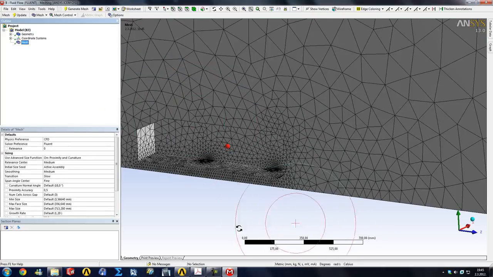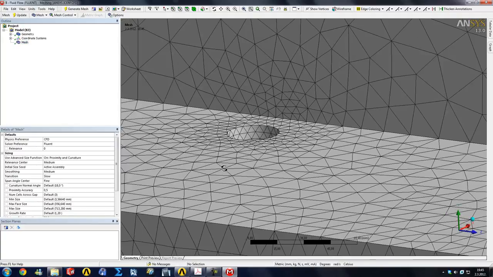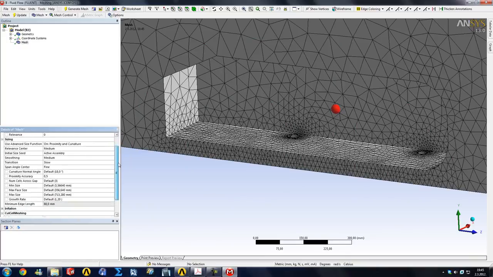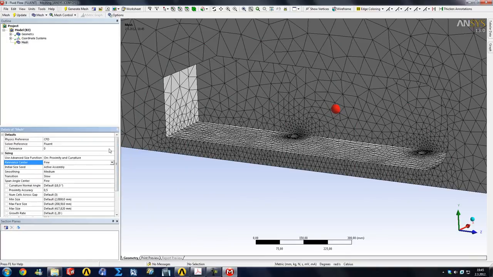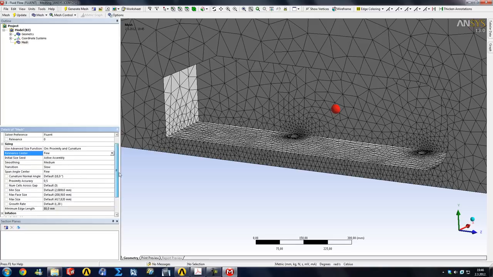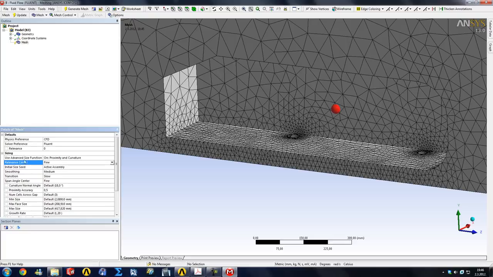And you can see already our mesh is looking a bit more decent, but this is still way too coarse. So another option is to go under fine. Now this is going to lower the minimum size a bit more and stuff like that, but you can also influence how much the relevance center is relevant by clicking here and dragging this to, let's